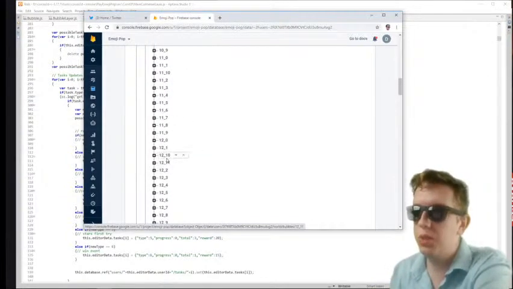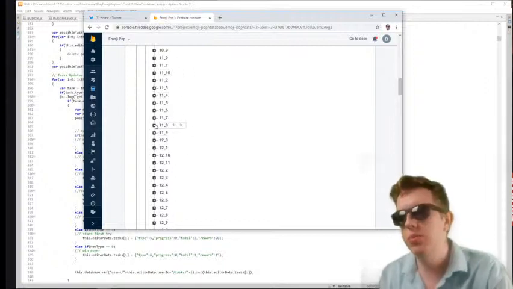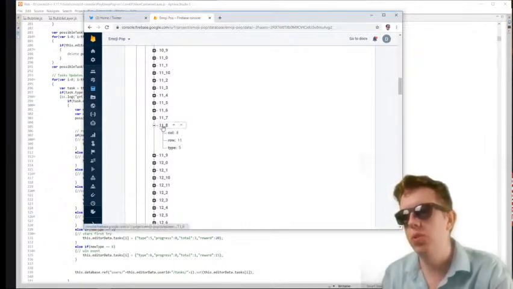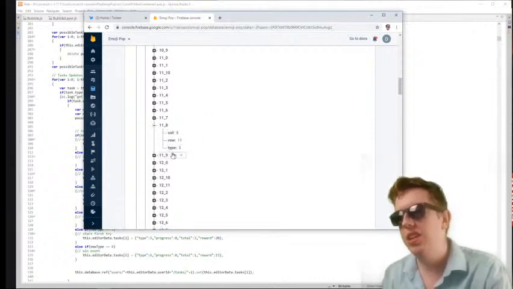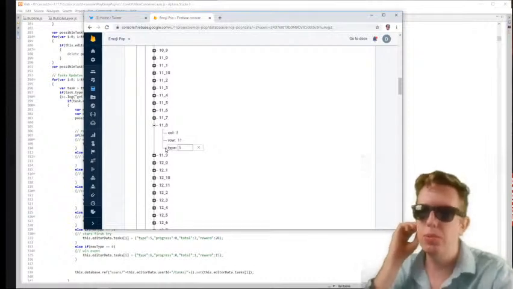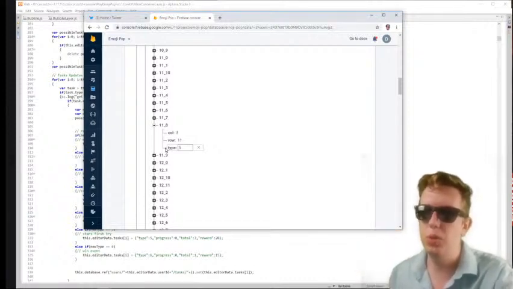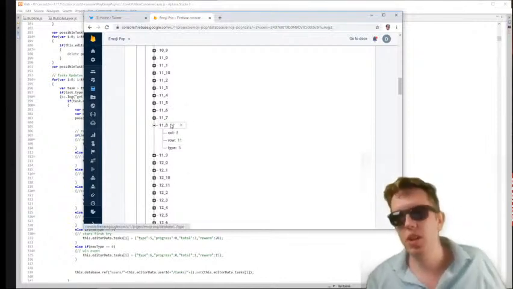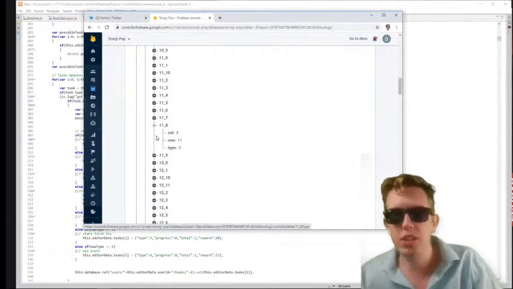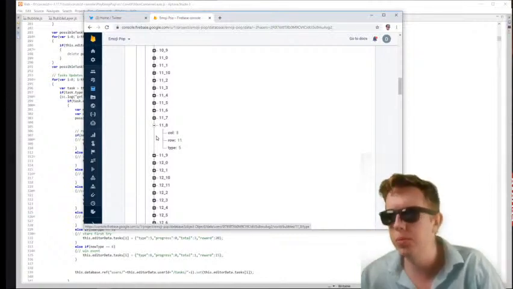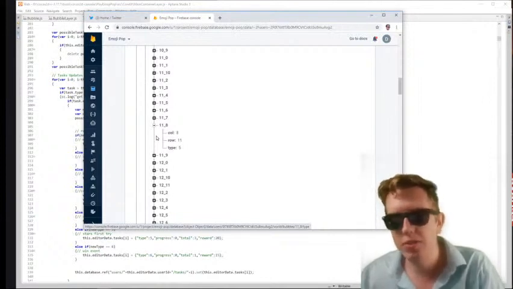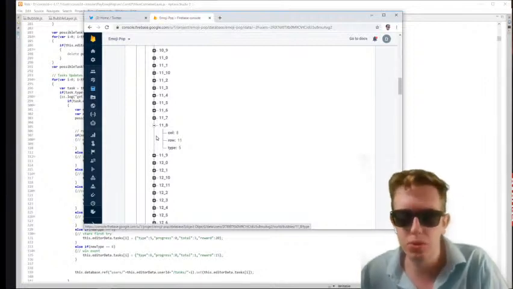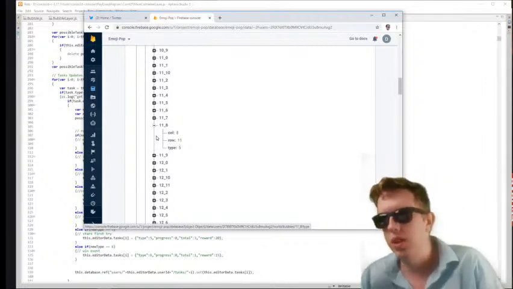This is useful because I'll just open one. So this is a bubble, row 11, column 8, and it has type 5, so that's a certain type of bubble. So I know there's that kind of bubble at row 11, column 8. The reason I made the keys like this is because often I need to delete, like if you make a match, I need to delete 2 bubbles from your world database. I don't want to have to dig through every bubble to find the 2 bubbles each time if they were numbered 0 through 256 or whatever.